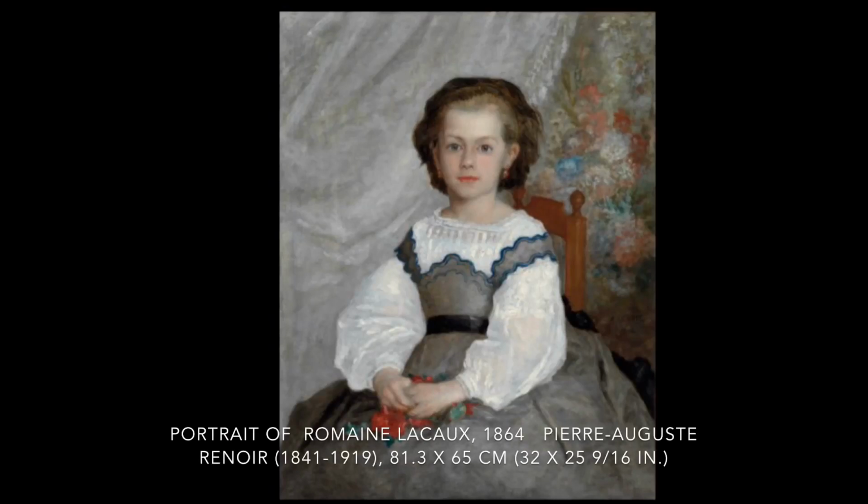So let's look at this early painting by Renoir. It's a portrait of a very young girl. I want to focus on the pieces of the painting. So you have this